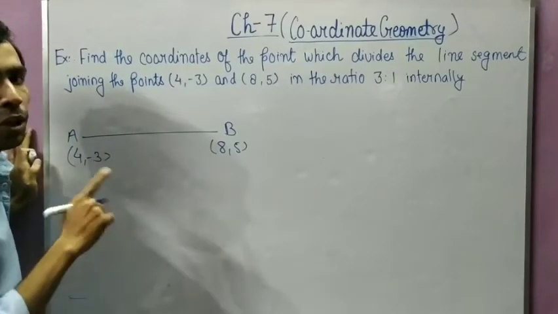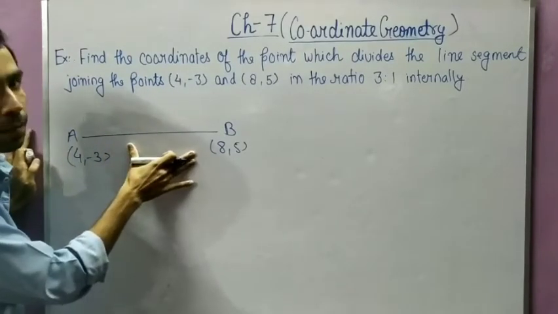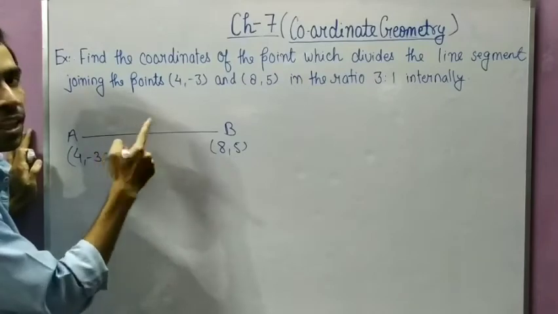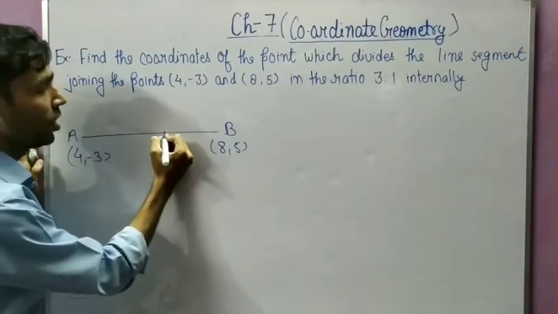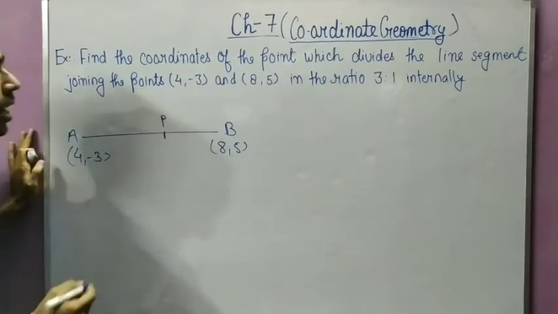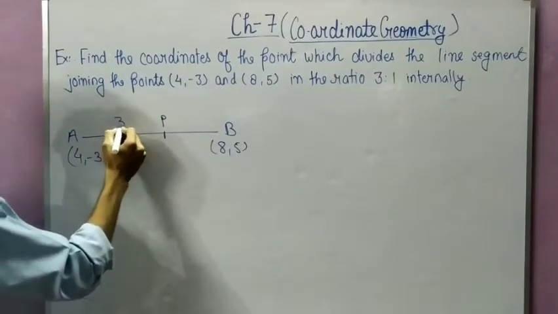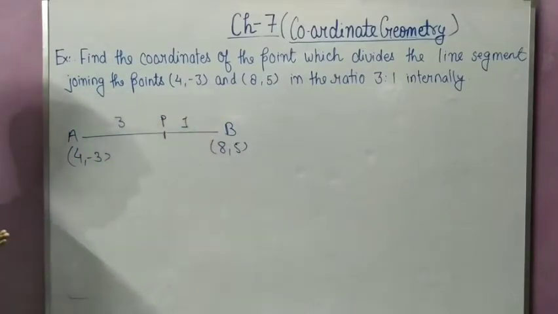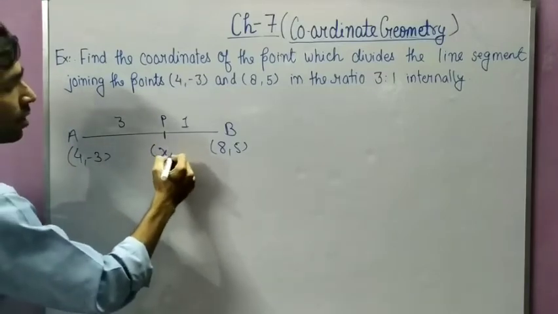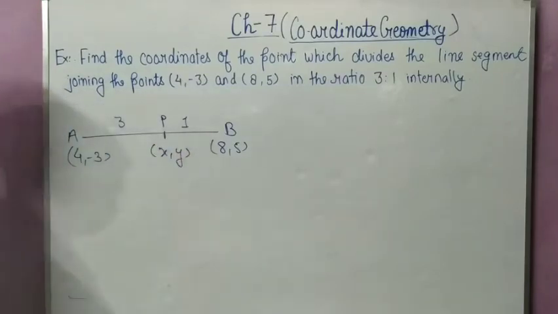So there is a point P which divides this line segment internally in the ratio of 3:1. So suppose there is a point P and it divides it at 3:1. So हमें इस पॉइंट का क्या फाइंड करना है, कोऑर्डिनेट, दैट इज (x, y). देखो वो सेम क्वेश्चन है जो मैंने आपको बताया है. ठीक है, आपको इस पॉइंट का कोऑर्डिनेट फाइंड करना है. ठीक है, तो अब देखो